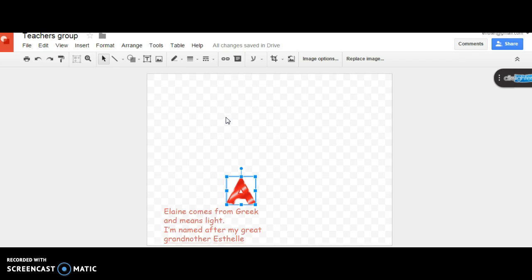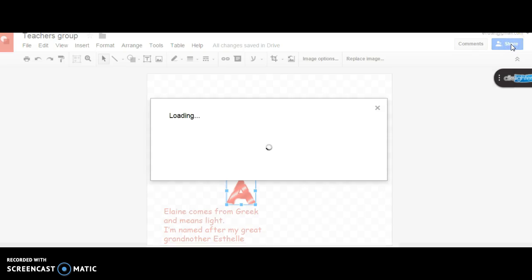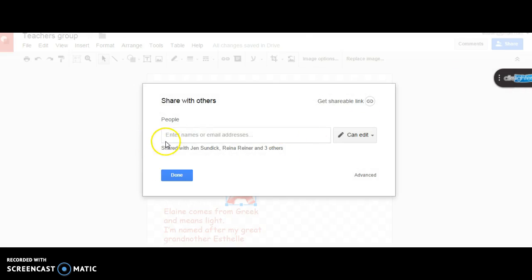So when you're finished, if you're the group leader, the most important thing is to share it. So you click on share, and you add the email addresses of all your group members. Now you can find this out easily by going into who's in my group and clicking on each person, and you get their email. So this is how you do it. You put in their emails, make sure they have, and then choose can edit. Or the other option is get a shareable link